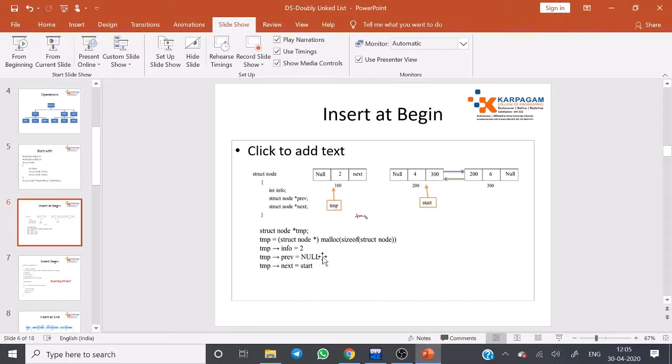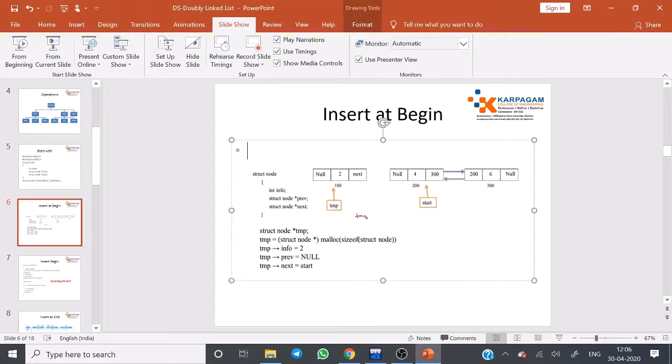And you have to set another statement that is missing here. You have to include start, that is head, start of previous equal to temp. That is missing here. This is important.